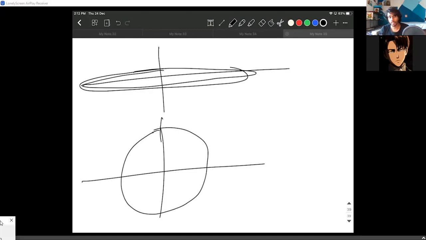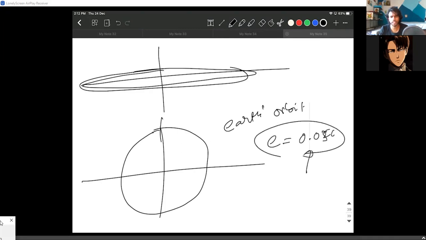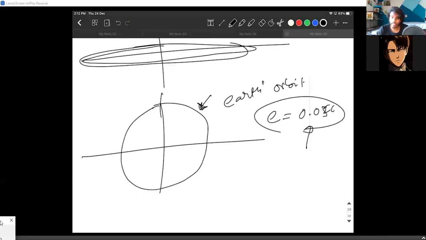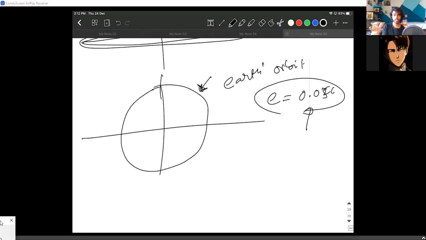Like I mentioned already in the past, Earth's orbit has an eccentricity of like 0.02 or 0.05 or something. I don't remember the value. It is very near to 0. So the orbit is almost circular. It's not the way that you see in the diagrams that they show you all the time, where they draw a huge ellipse. That's not the reality. Okay. So for a circle, you're trying to understand this whole part, right?